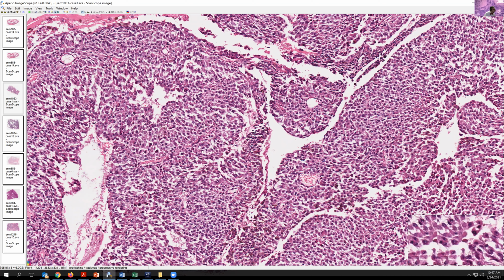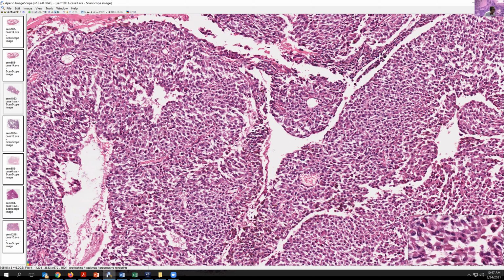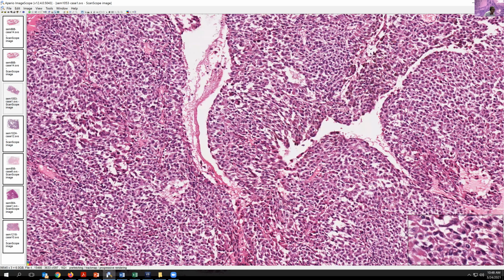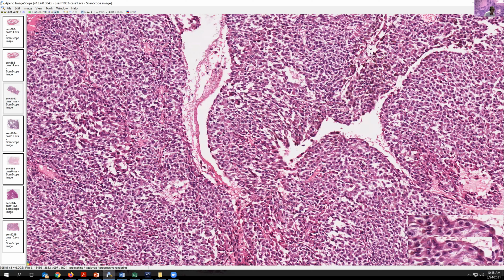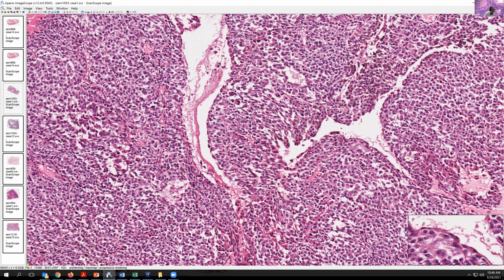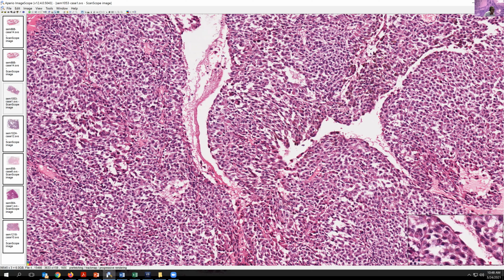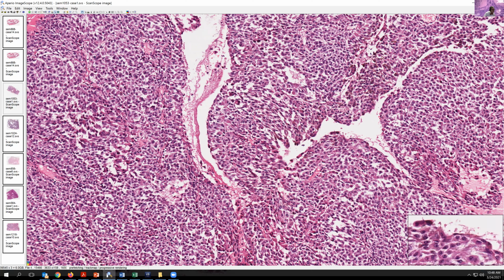That's not a pattern of primary ovarian tumors, but it is something that we might see in, say, a hepatocellular carcinoma. See this little overlying pattern of endothelial-like cells branching over this nest of cells here. So in fact, this is a metastatic hepatocellular carcinoma, and immunohistochemistry would be very helpful in this situation to differentiate